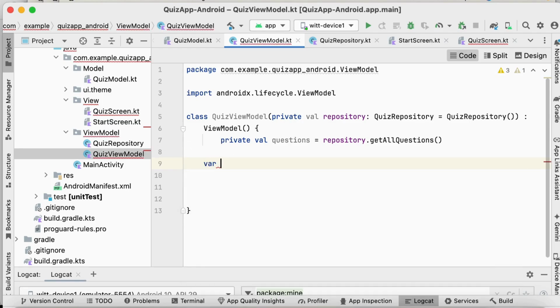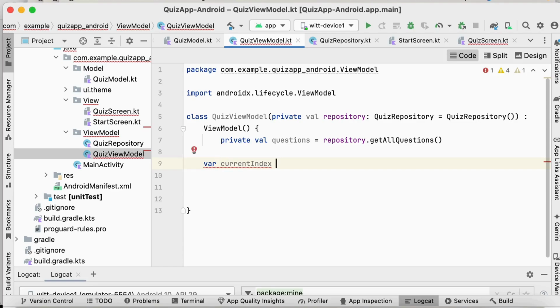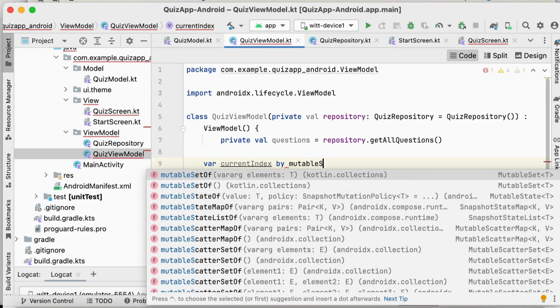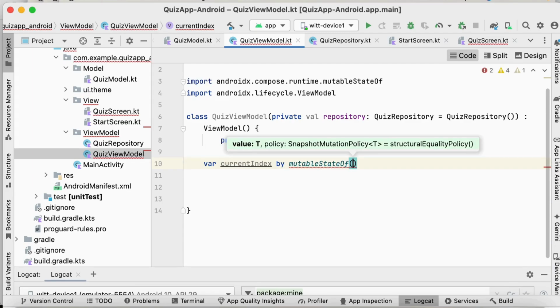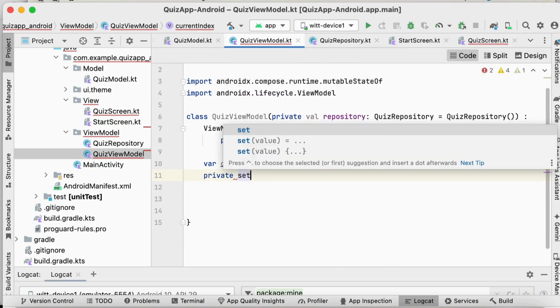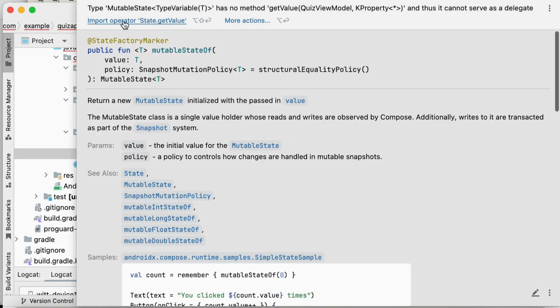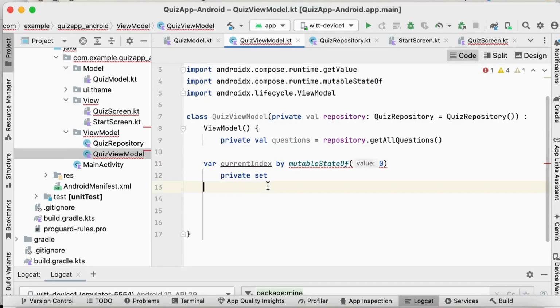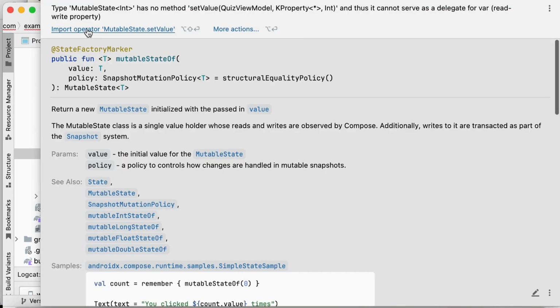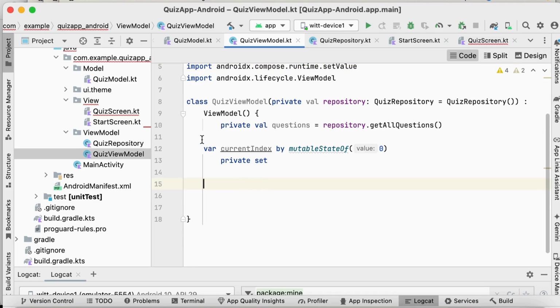So I will add a current index, and this current index initially is going to be zero, and I will make sure to initialize it as a mutable state of, and the initial value in my case will be 0, and I will add a private set for that index. That's done. Similar to this, I will add and import this getter as well, and I still need to import the setter for this mutable state. So now I have getter and setter. So I will copy this and paste it in here,